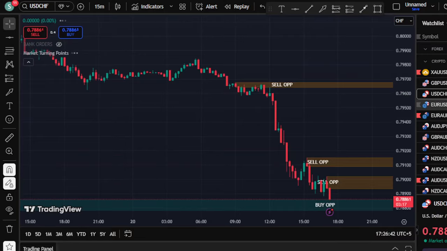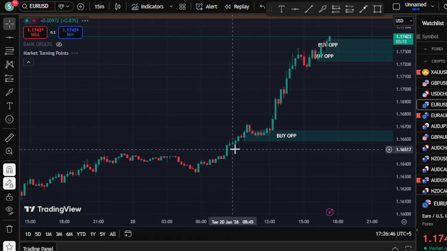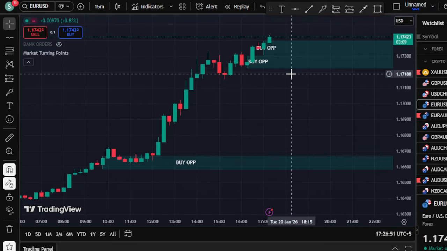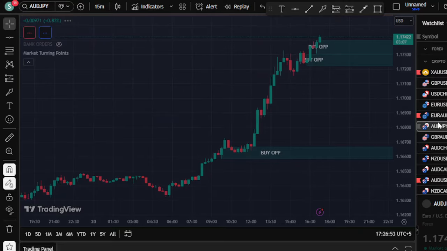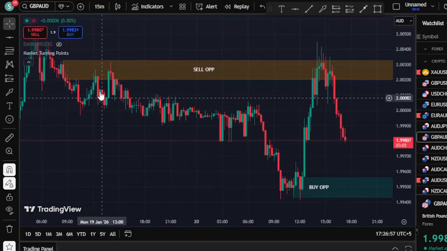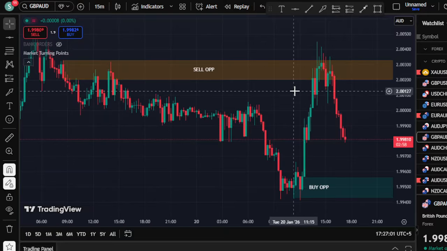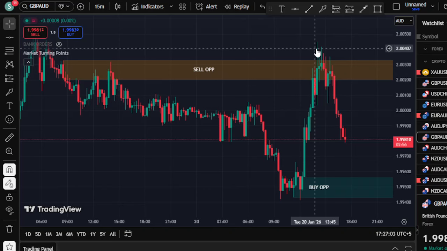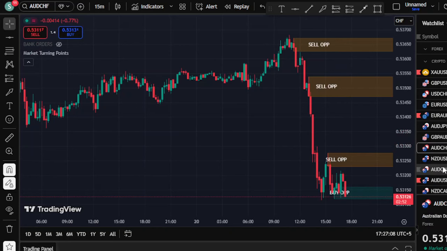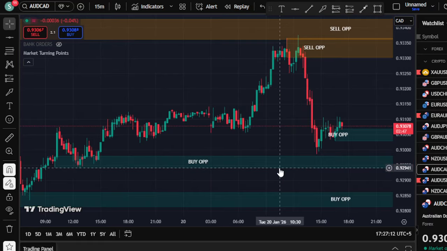This is the perfect indicator. It will provide you with the key levels where the market is flowing. Now you can see this new level is under formation, and it will tell you in real time where the market wants to go. Now this was the level that was created in real time, but now it becomes static, and you can see that the market liquidated that level, and then the price went in the downward direction. So this is the best indicator that you can use for your trading decisions.